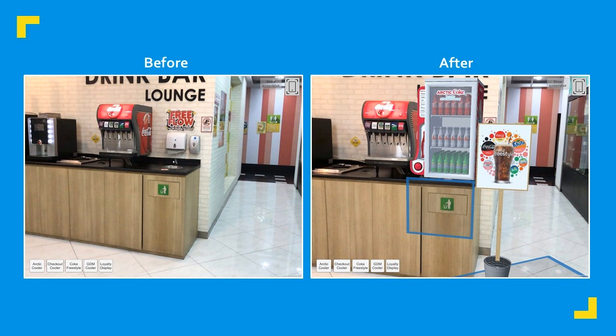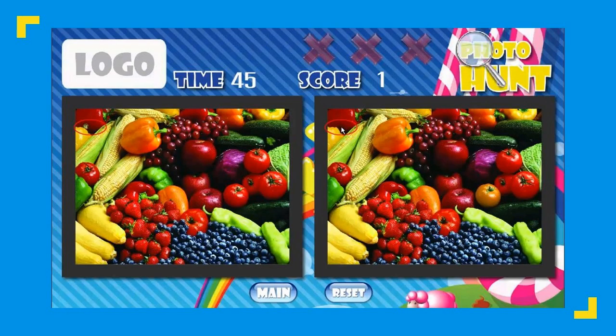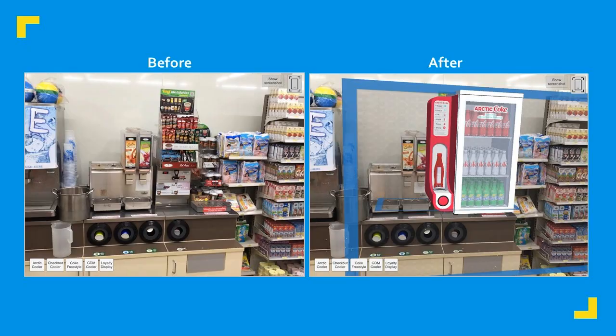I don't know if this resonates with everyone, but it's very similar to a very popular bar game of Photo Hunt, where you have two pictures on the left and right. These differences are actually achieved through photoshopping, and the idea is to play a game of what's different. And you have a similar effect, again, one more time here, of what's different with my, in this case, another convenience store setup. The idea here is also I brought in this display to see what it looks like.